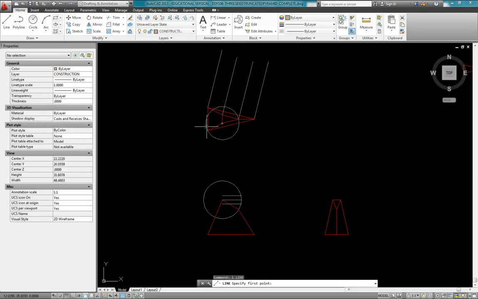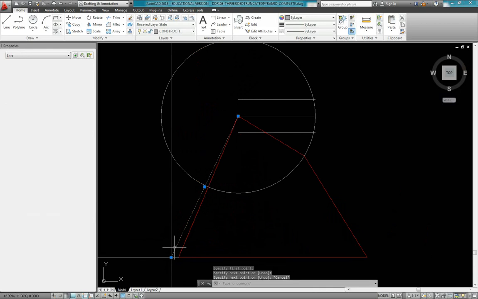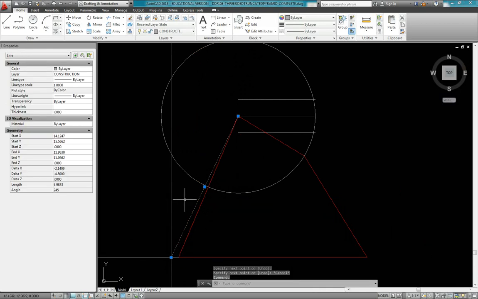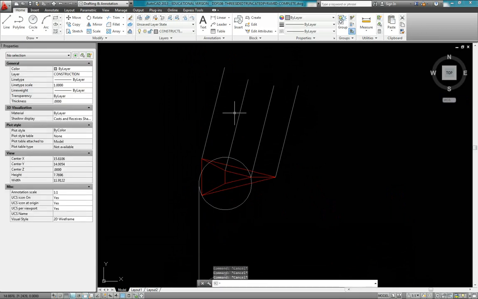Then I will draw a line from the quadrant straight down. Make sure you have either ortho or polar turned on. I'll draw a line from left to right there, and then draw a line from here to here. Now the true length of that line is 4.9833. Okay, so let's use that property. I'm going to draw a circle up here,